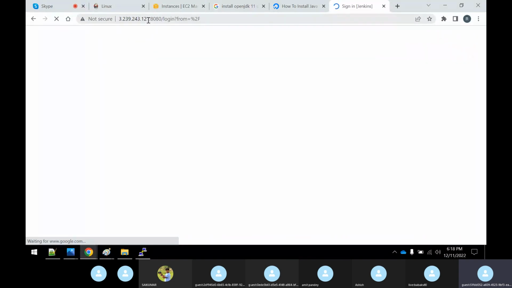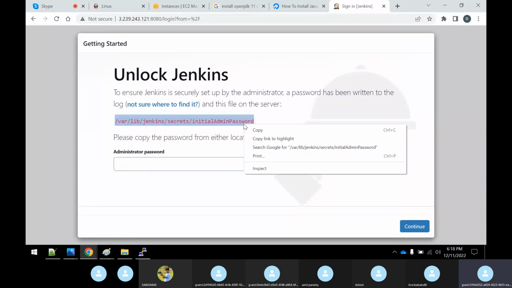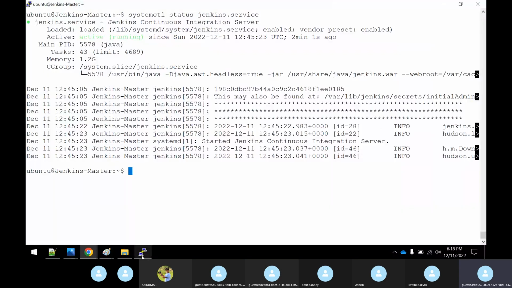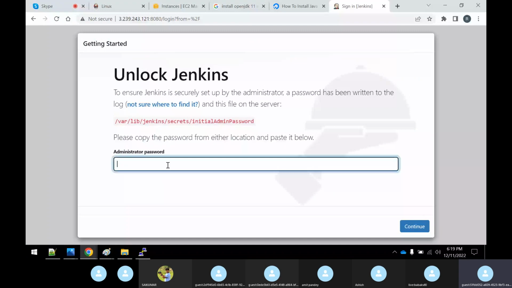If you click on this, you could see this page getting loaded, and this is the default page you'll get when you are launching for the first time. Here it says /var/lib/jenkins, unlock Jenkins. It means your initial administrative password is in this path. So copy this, come onto the server, do a sudo cat of this file and press enter. Can you see you are getting an initial password? Copy this password and paste it over here,